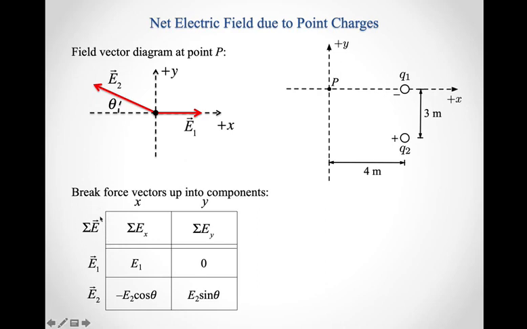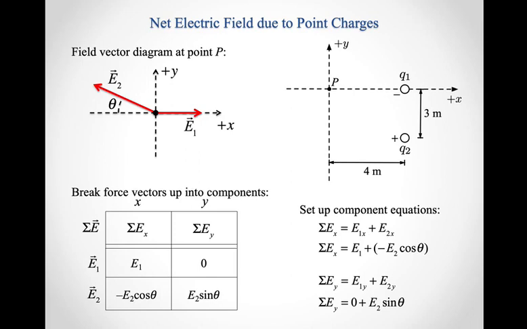Again, I don't know anything at the moment about the net electric field, so I'm going to leave it in terms of x and y components the way we normally do. E1 points entirely to the right, that's the positive x direction, which means the y component is 0. E2 points to the left, negative x, and up, positive y, magnitude E2, and again it makes an angle theta with the x-axis, so cosine theta goes with the x component, sine theta goes with the y. So there are the components for each of those three vectors, and so it's straightforward to set up my two